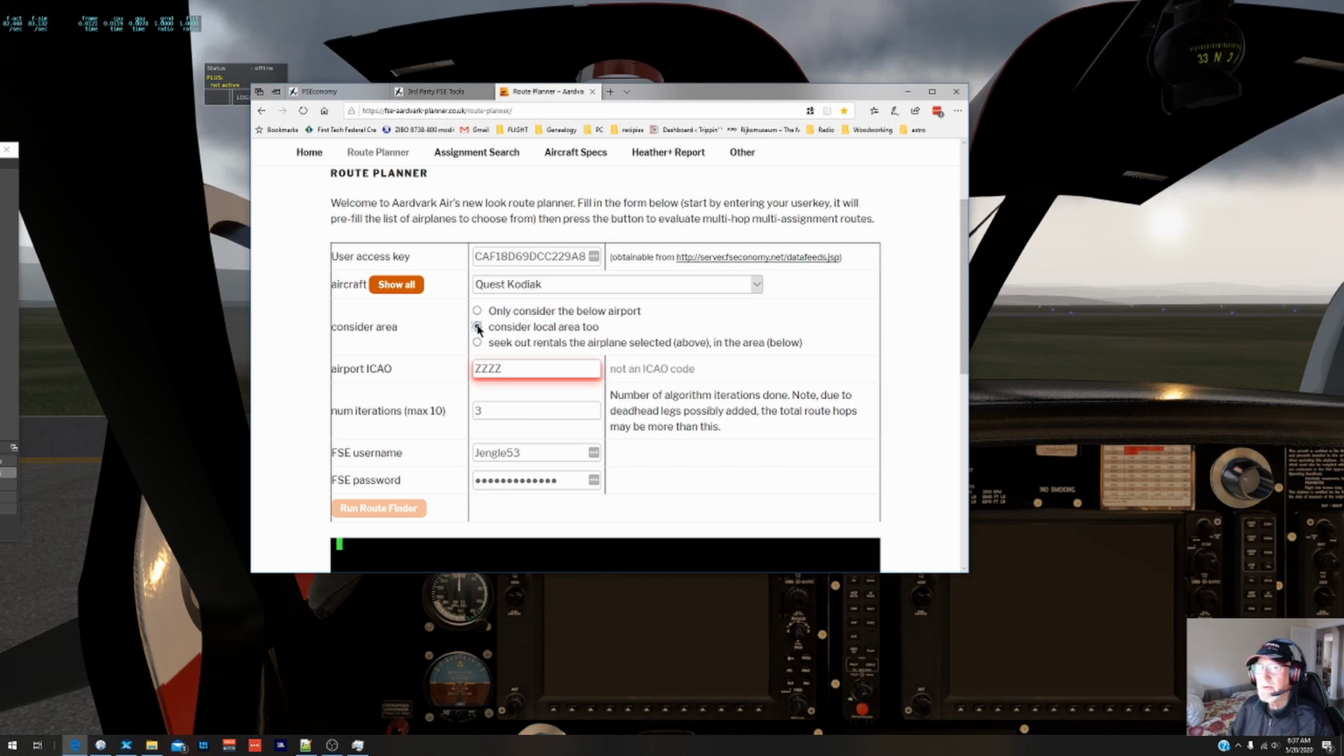Now, this is important because if you're in a location, what I found is that if I'm going from one place to another, there may be a route or a better assignment that I can get that's maybe 10 or 20 or 30 nautical miles away. So considering the local area too gives you a lot more opportunities, a lot more variations as far as where to find a route. And then we are currently at, let's see,